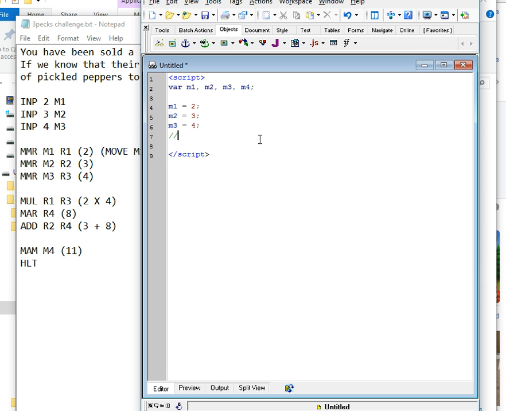And if you want, you can add a comment, doing math. So you do 2 slashes in front, and that's going to make anything to the right of that a comment. All right, next line, I'm going to start doing my math, and I'm going to say I have a place in memory called M4. I wish to assign to that place in memory what's returned when I take M1